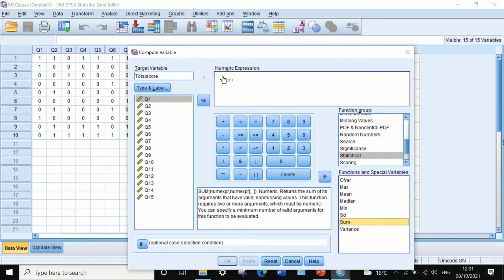Drag the sum to the numeric expression box, and then insert the variables one by one between those brackets separated by commas. So we're going to insert the first variable and then, separated by a comma, the second variable, and then a comma, a third variable, and so on until we